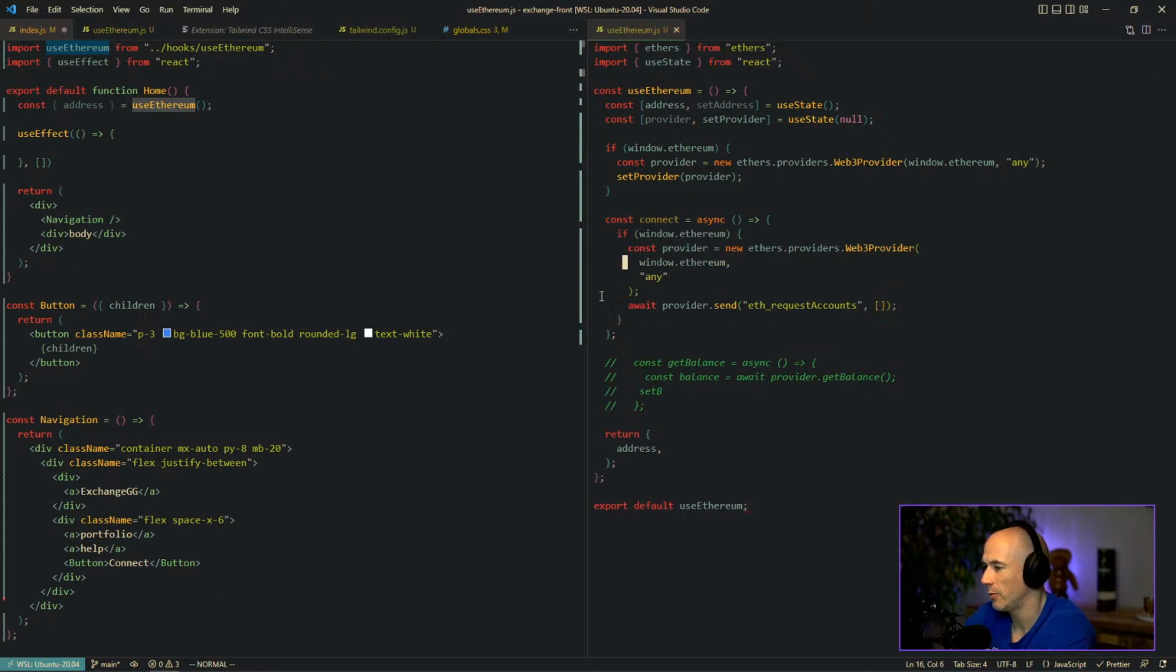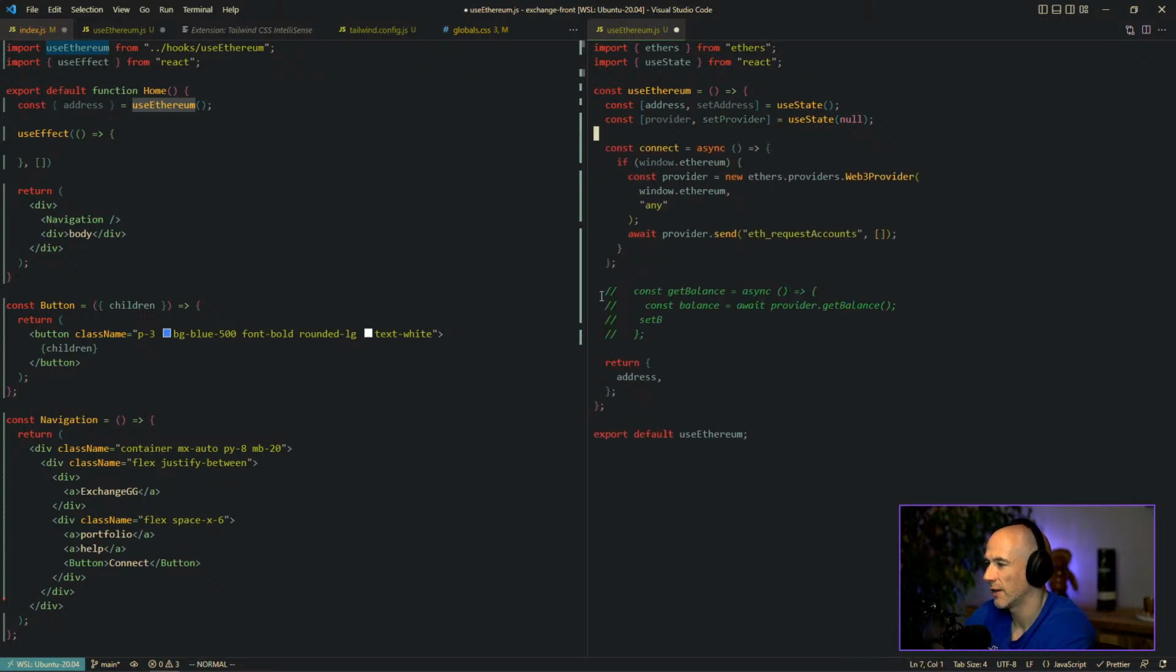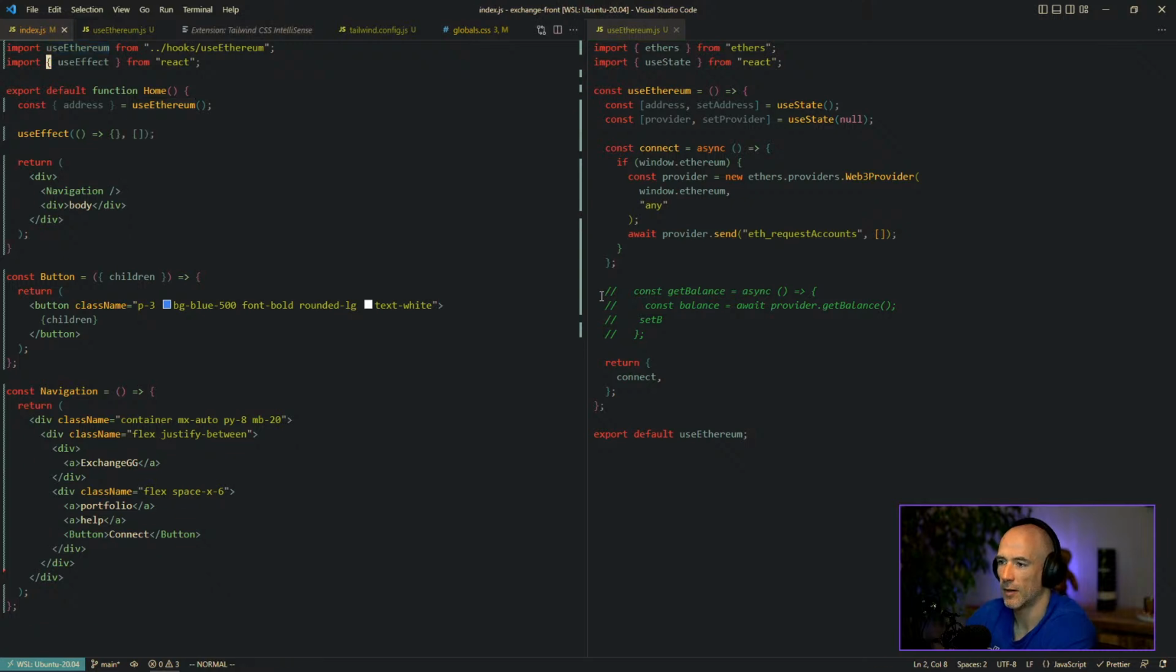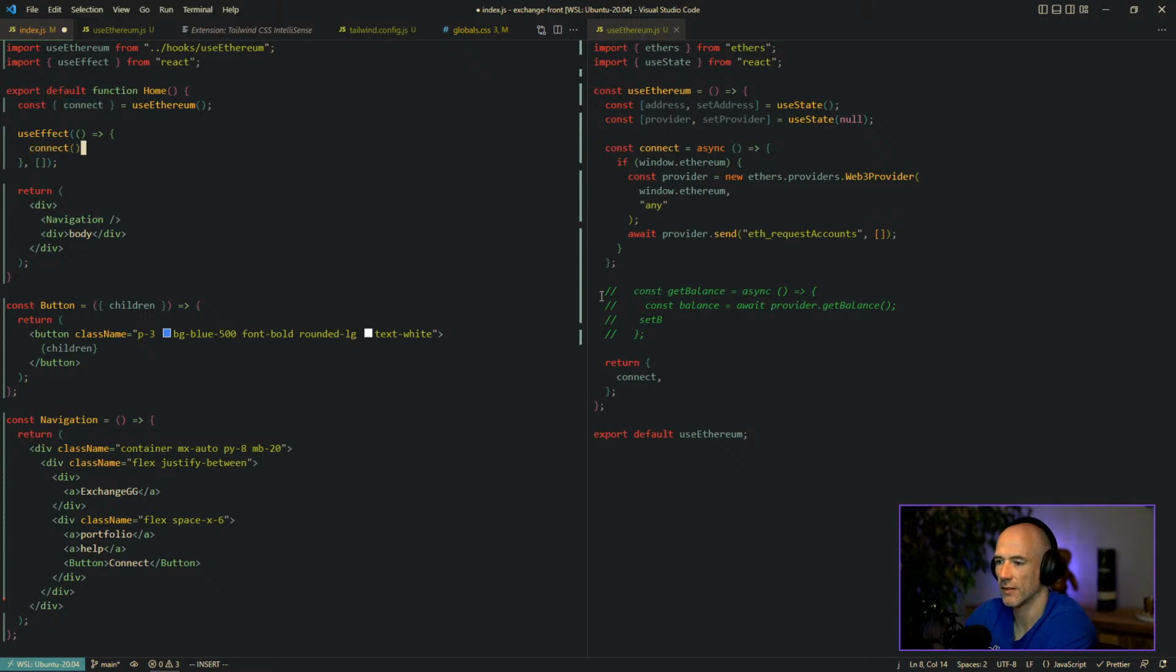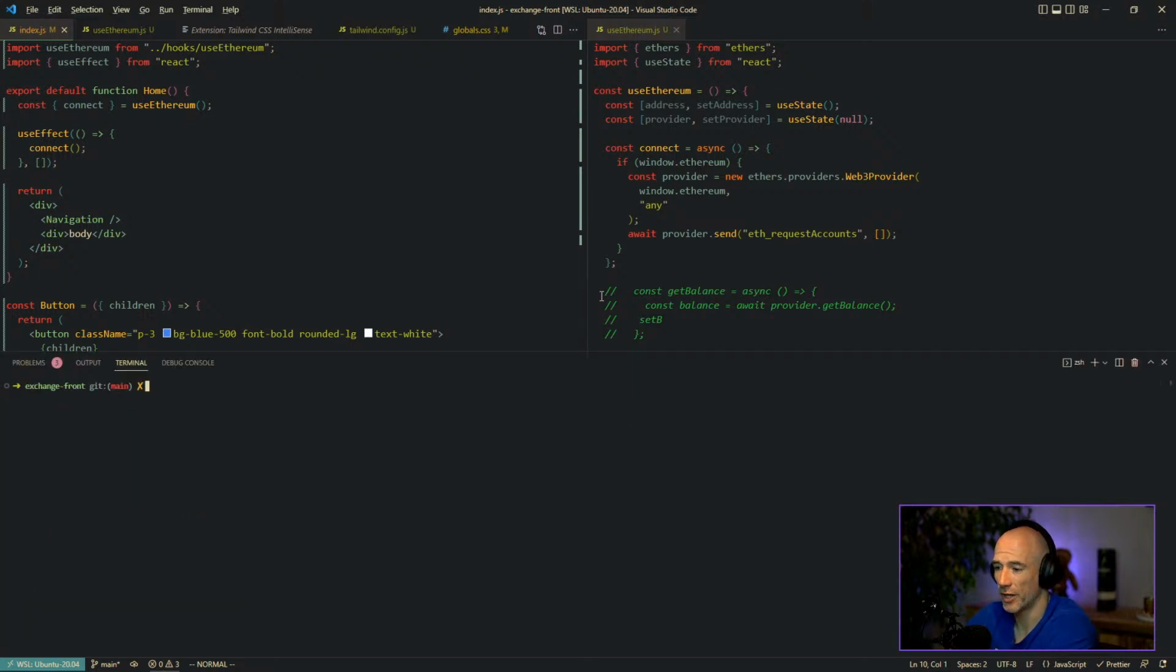If we know Ethereum, we're gonna do this and we're gonna connect, right? We're gonna close this. Then we're gonna return connect. This address we don't care for now. So we're gonna say connect, and then here we're gonna say connect. Later on we can inject variables into this hook and then we can access them. Not quite sure it's gonna work, but